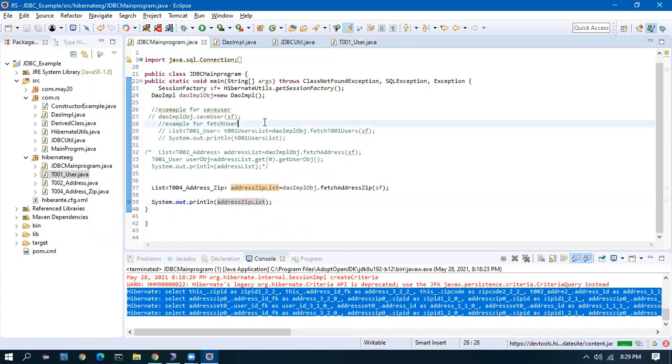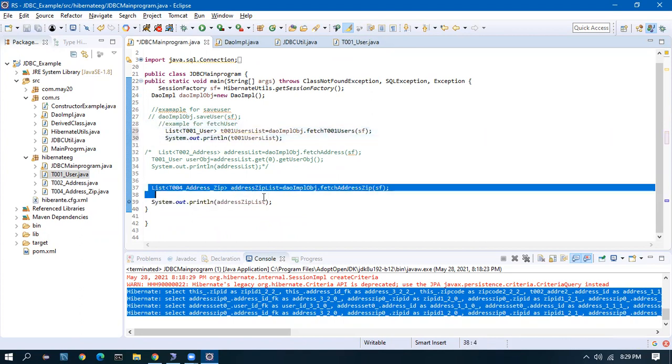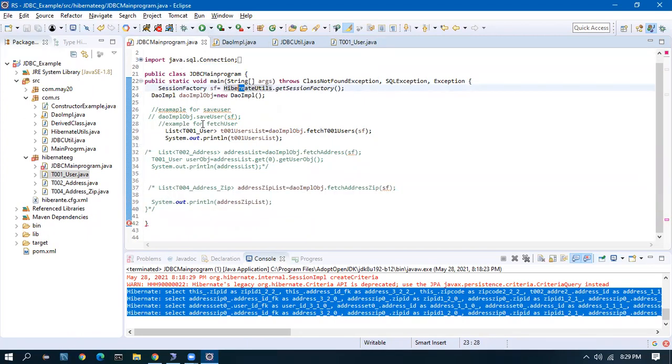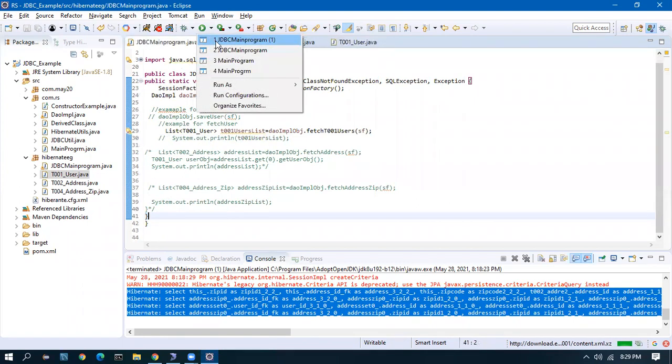I will go back to the program and enable the fetch user, and let's see the queries. I'll comment this out purposefully, because when I give a sysout, it is going to query everything.